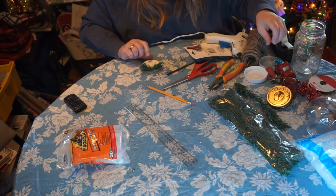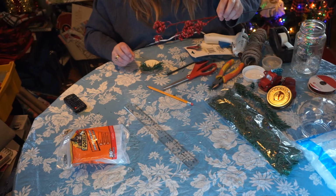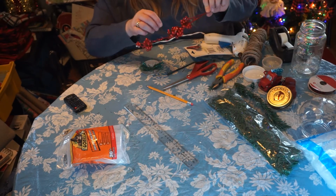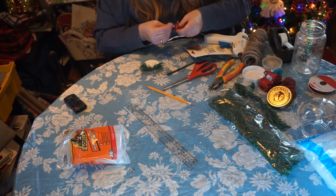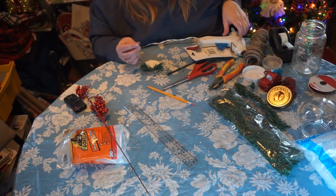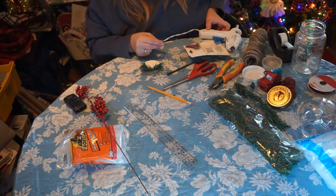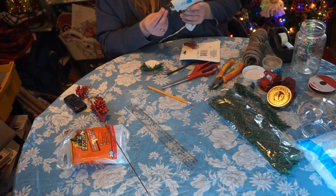And I'm gonna go and take one of these berries. I have these berries, I've had them for a couple years, and I think I probably bought it from Walmart, and I use it basically for just putting little embellishments on things, making little ornaments or that kind of thing. And for here, so what I'm gonna do is I'll just put a couple there, I think. Let me see, just to make it look a little more pretty and a little bit more festive, you know,